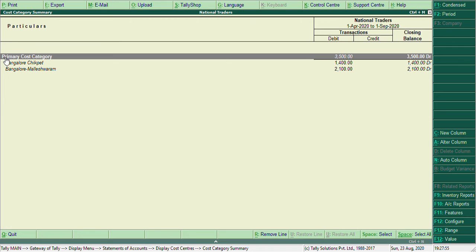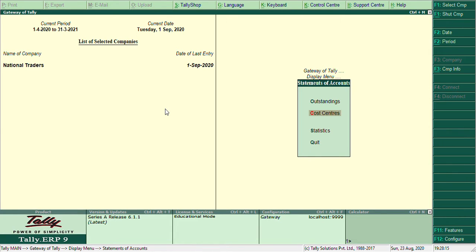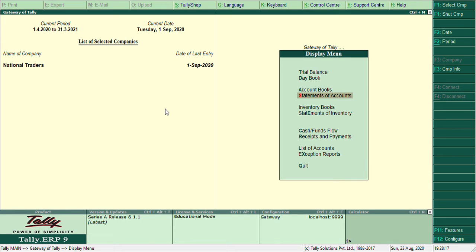You will find under primary cost category, out of total 3,500, 1,400 is the expense of Bangalore Chickpet, and 2,100 is of Bangalore Malleshwaram. So this is how you can pre-allocate the expense with the use of a cost center class.